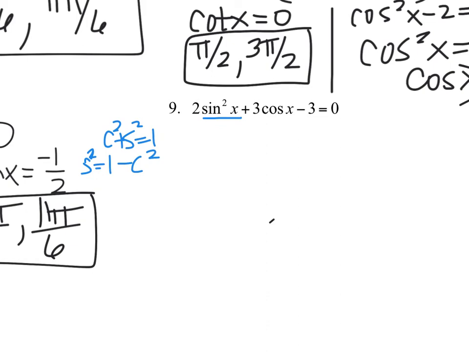So let's replace it. We've got 2 times 1 minus cosine squared x plus,